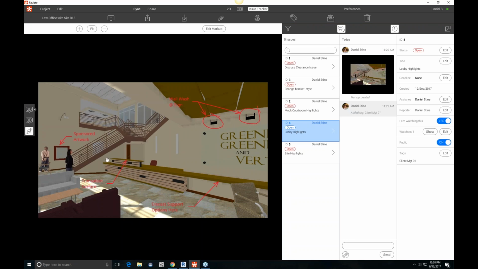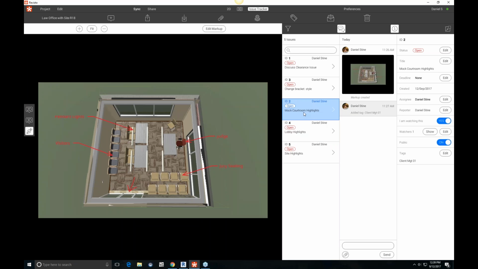So here's the one I set up in the lobby with some various notes. So there's a note to remind myself to talk to the client about what kind of support options. We could have some exposed brackets or something, some steel channels and angles that would be buried in the wall but might cost a lot more. So we have these various